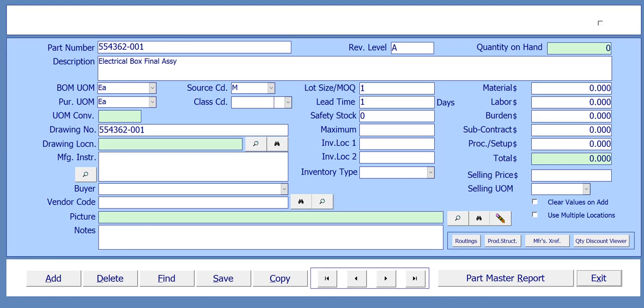Welcome. In this video, we're going to go over labor transfers and cost rollup functions within E-Z-MRP to accurately cost parts and assemblies. In this example, we have a made part that's an electrical box final assembly, and right now it has zero material costs, zero labor costs, and zero burden rate. And so if we look at this electrical box